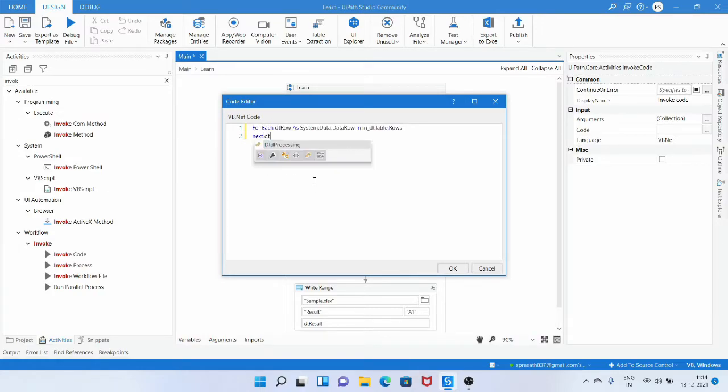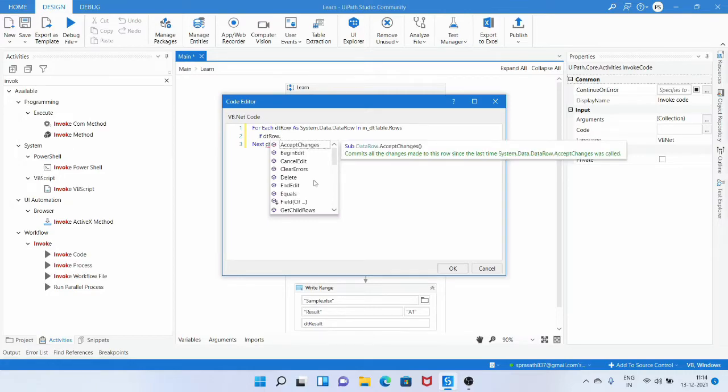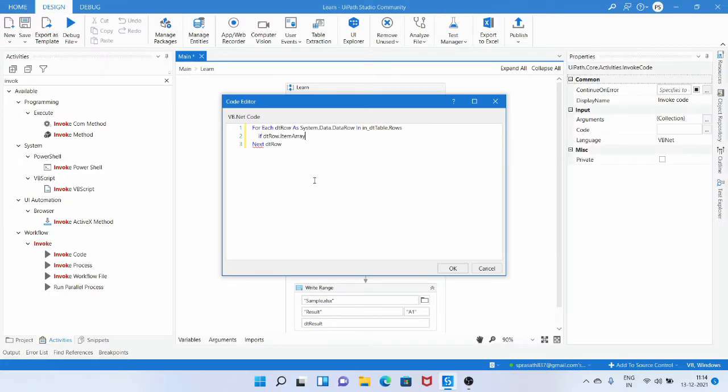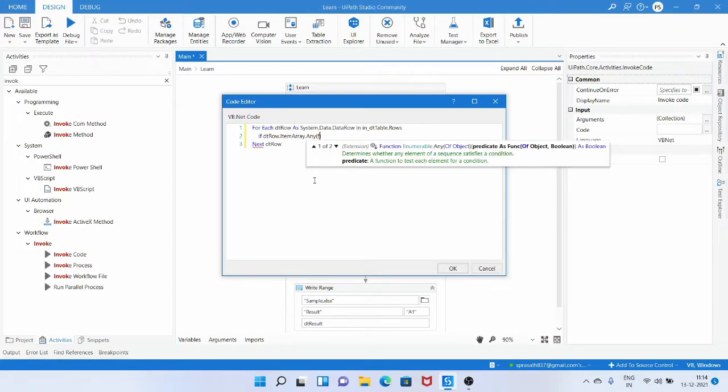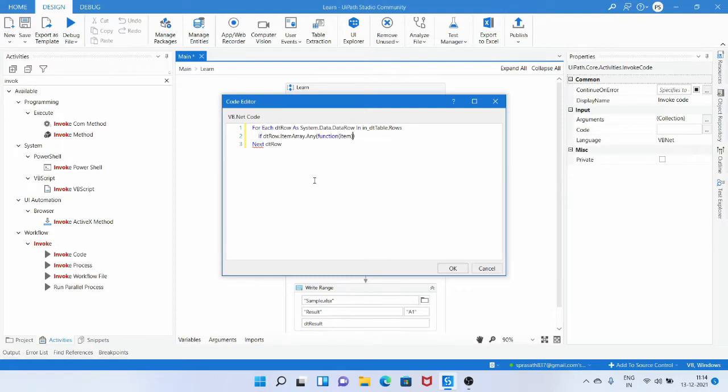Now we can finish up this syntax with Next. Inside the For Each, we need to use an If activity. We use the exact condition we used in the LINQ method as well as the activities. So dt row.ItemArray converts this row into an array, and then we use a LINQ method called Any to check if any of the items or columns in the row is empty.